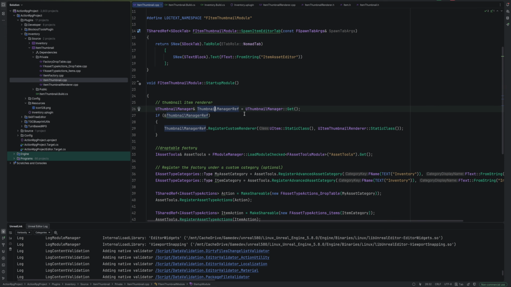I call this thumbnail manager ref, and that'll be equal to the UThumbnailManager::Get. This is just an engine function that you can very easily use to get the thumbnail manager. And that more or less always should be valid, because you're getting this from the engine itself. However, we still do want to check if that is valid, so we just wrap the next line of code